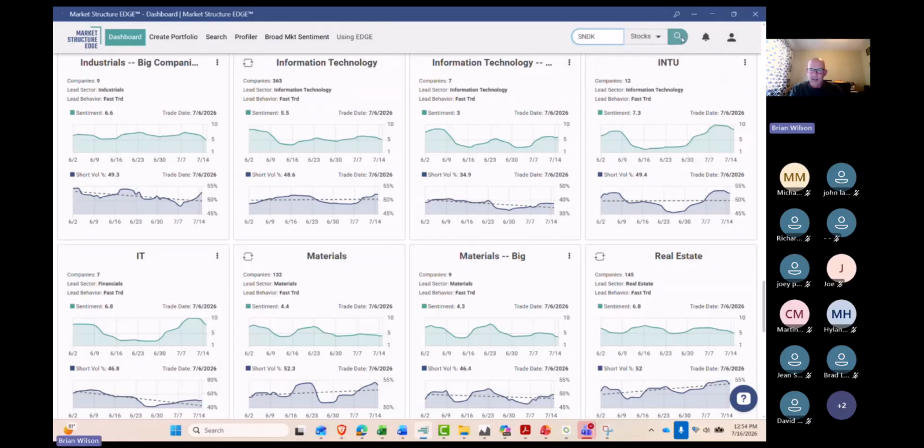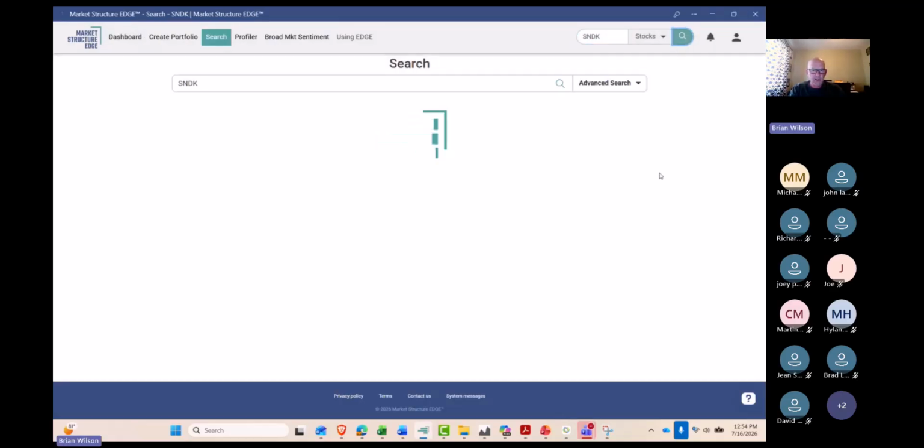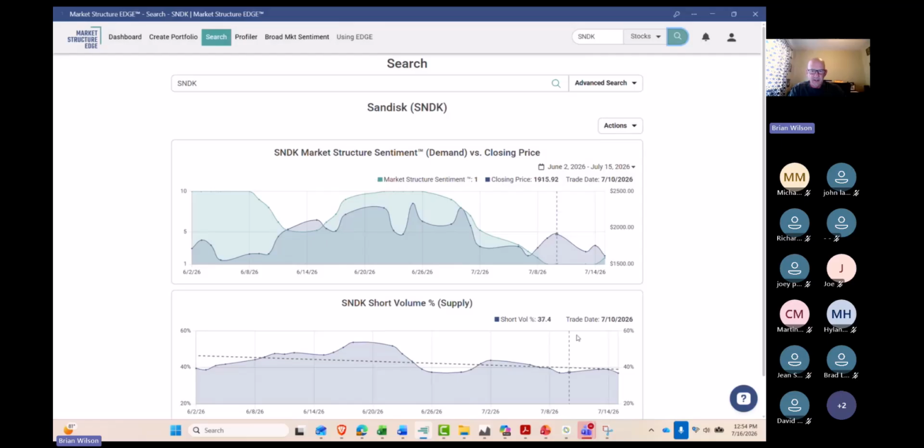So we take a look at SanDisk, and to Brad's point, just starting to peak a little bit higher. A lot of pressure, obviously, moving from 2,300 all the way down to 1,600. Tremendous amount of pressure. Does that become a buy? Well, it depends on what type of investor you are. If you're more of a deep value investor, yes, it does.